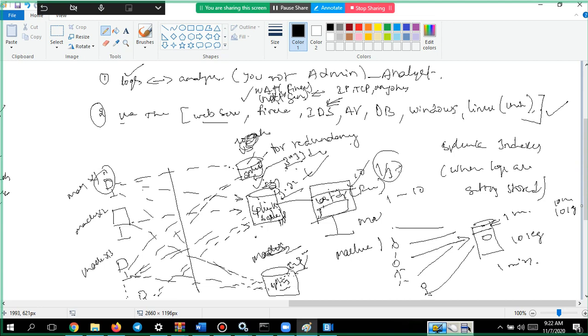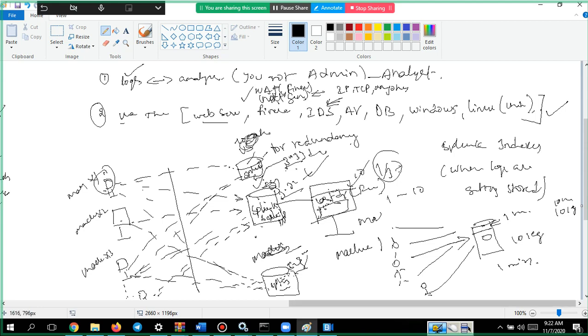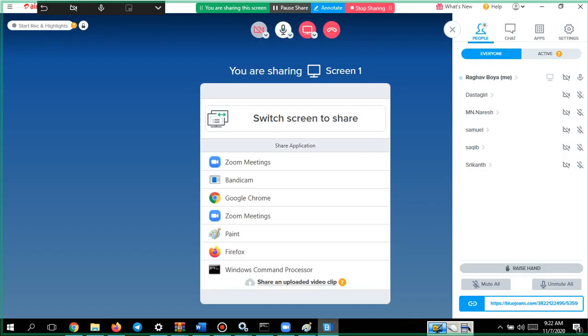Usually the Splunk architecture will be like this. When you send a request, you communicate here, because you are a Splunk user. These are the machines forwarding the logs, like web servers and firewalls, on the left side. And you are a SOC analyst on the right side. In between, you have the data stored from these machines. Is it clear, every one of you?